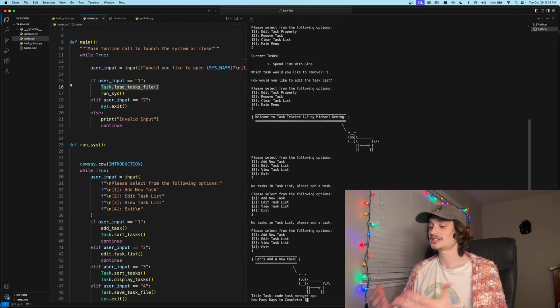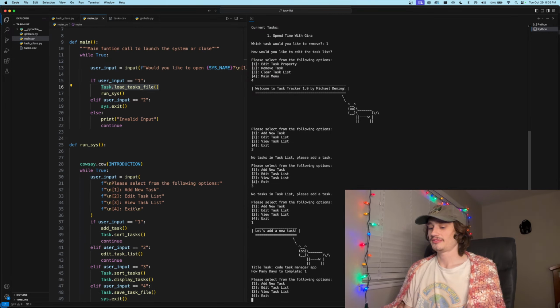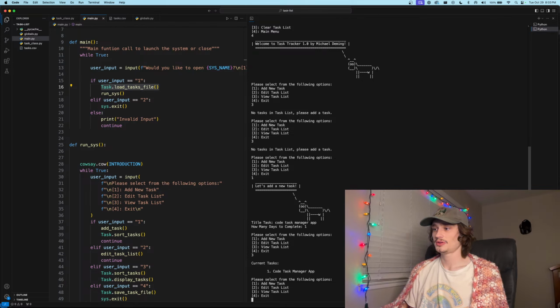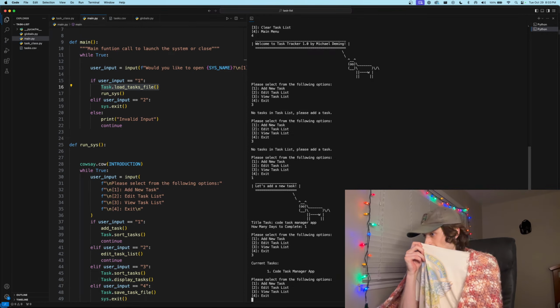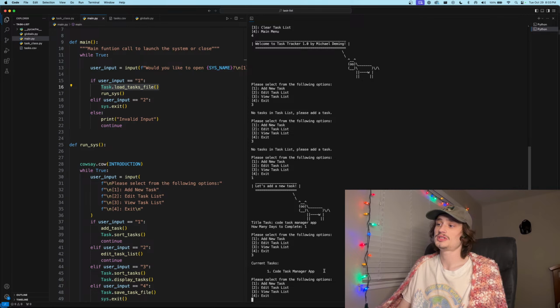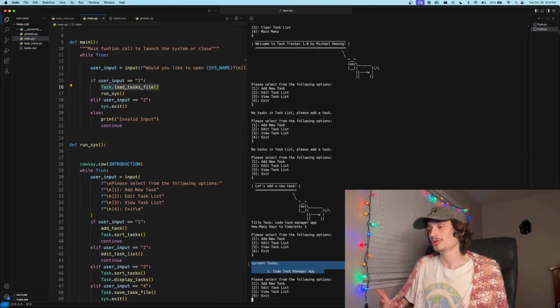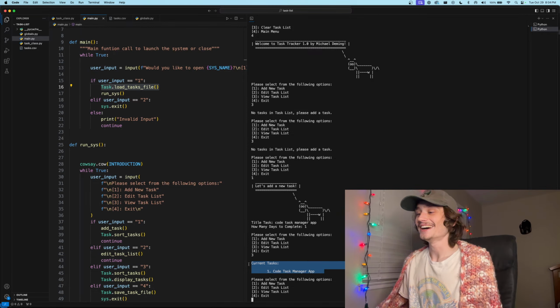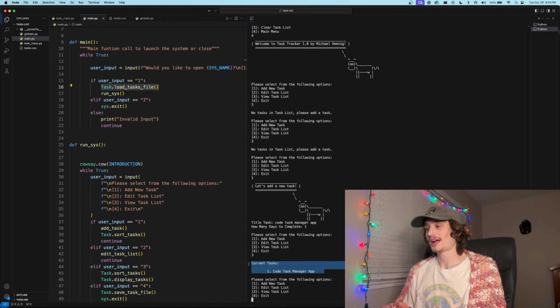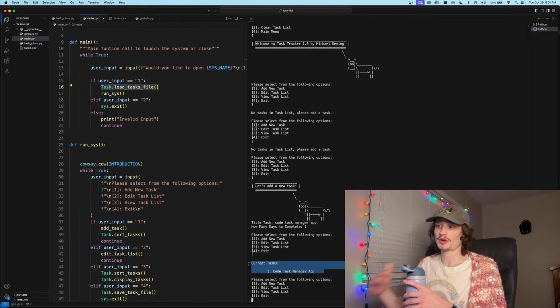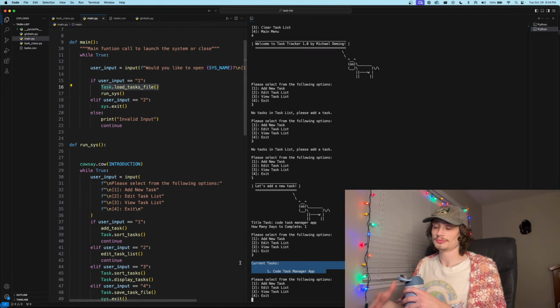So if I have, let's say this task is really important, and I have one day to complete this task. I can view that task again by just circling back to the main menu and prompt 3, and I get code task manager app and it just formats that nicely. I was going to maybe use the tabulate or maybe learn the pandas module and incorporate this data back in a tabular format, whatever way you say it. But I just wrote up this quick f-string format to just display it as so